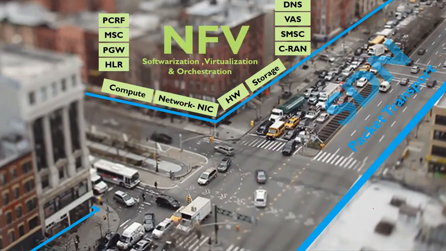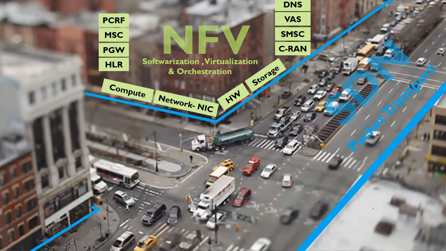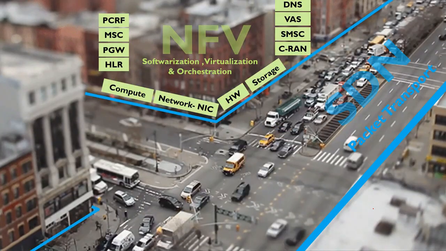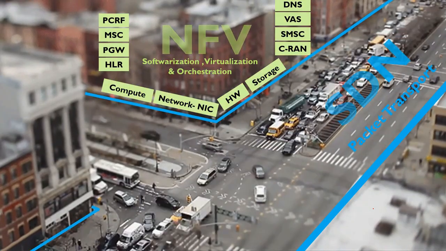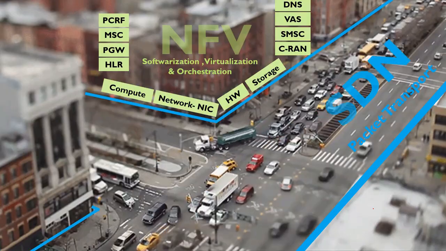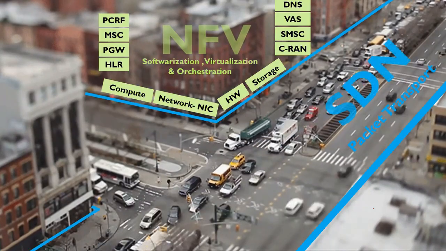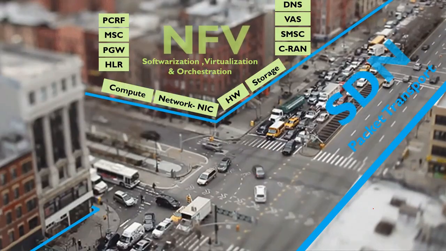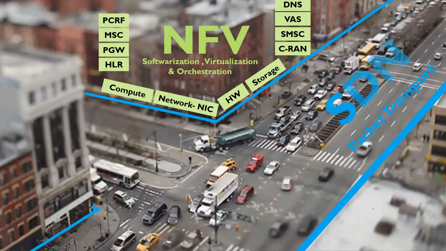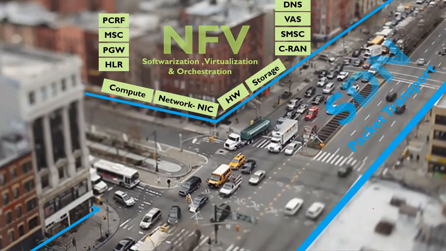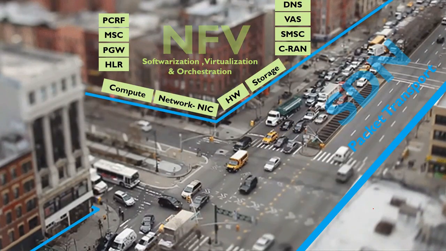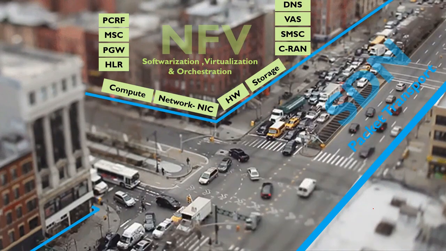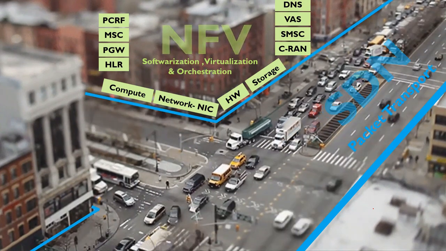Till now we have seen how NFV works in the previous videos, how NFV helps us build agile and flexible networks using flexible compute and flexible resources like storage, blades and hardware. Since NFV is all about three main concepts, softwareization, virtualization, and orchestration and automation, SDN is a different animal. It's all about the networking control function for routing and policy definitions. And this entire thing is done in a very automated way.